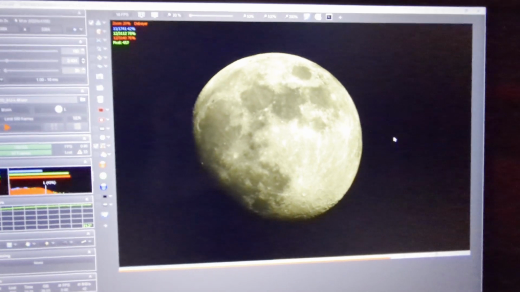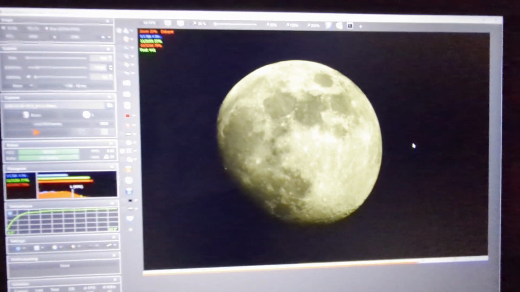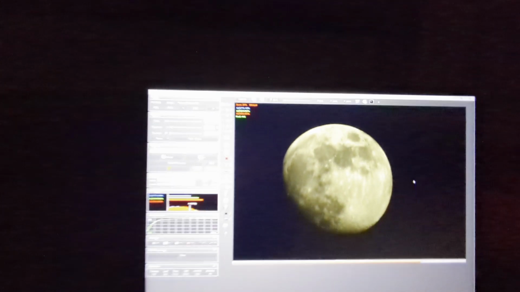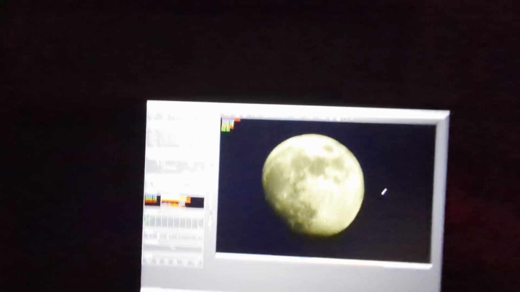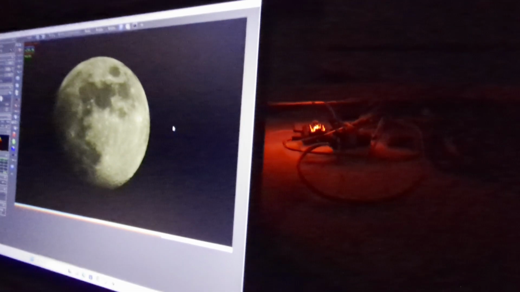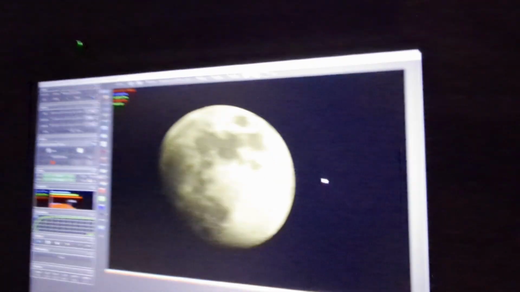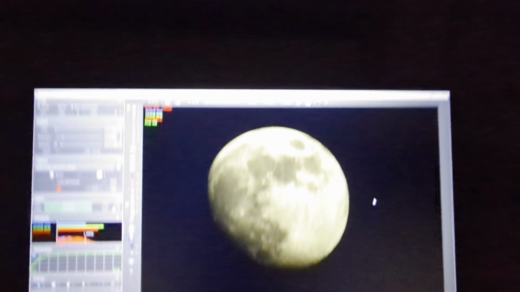That's because my platform is set to sidereal tracking speed, while the moon actually moves a bit slower than the stars. Now I will demonstrate how the moon begins to drift once I stop the platform. I'm cutting the power of the platform. Notice that the red indicator light has turned off and the moon is already starting to drift out of the